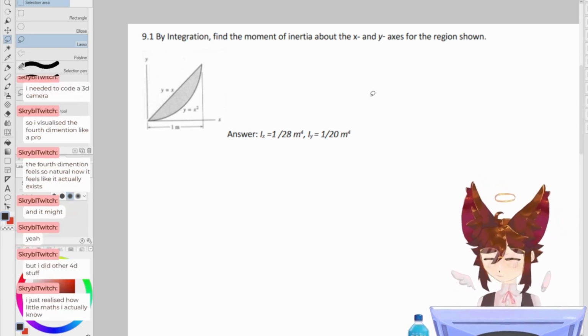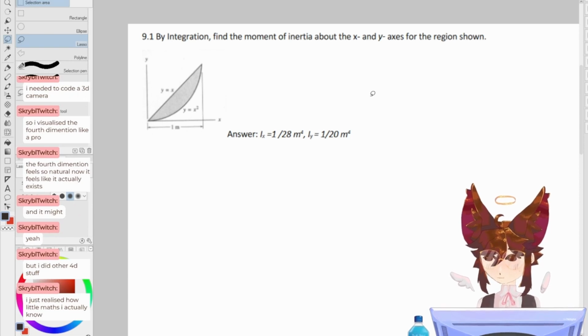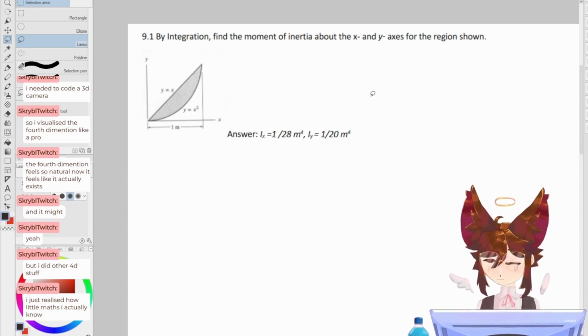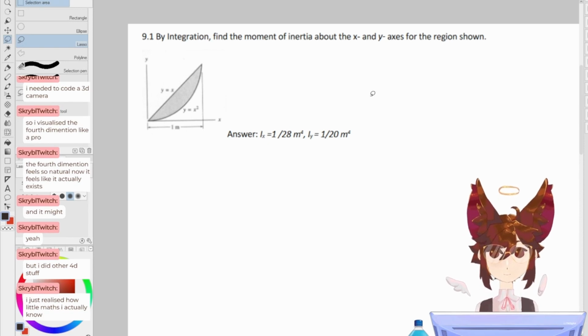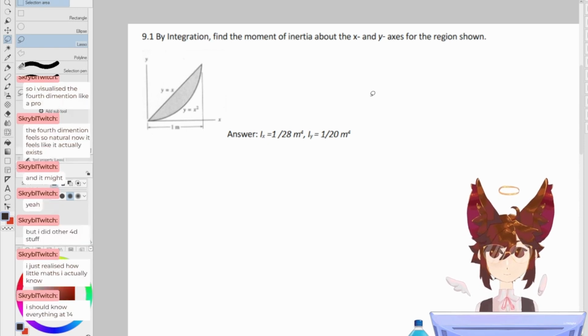I just realized how little math you actually know. That's okay. You're still really young. Where am I at? Where am I at? Amoy. Okay. Recall SolidWorks example. Wait, this is... No, this is right. No, that's wrong.